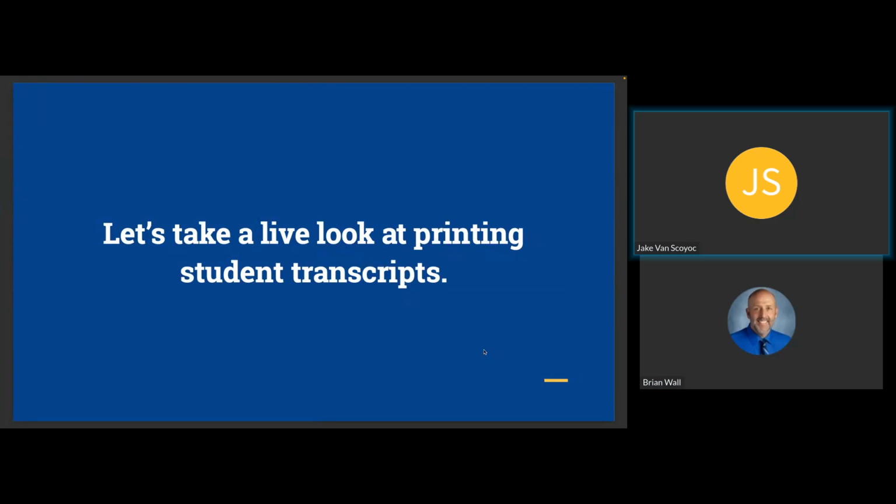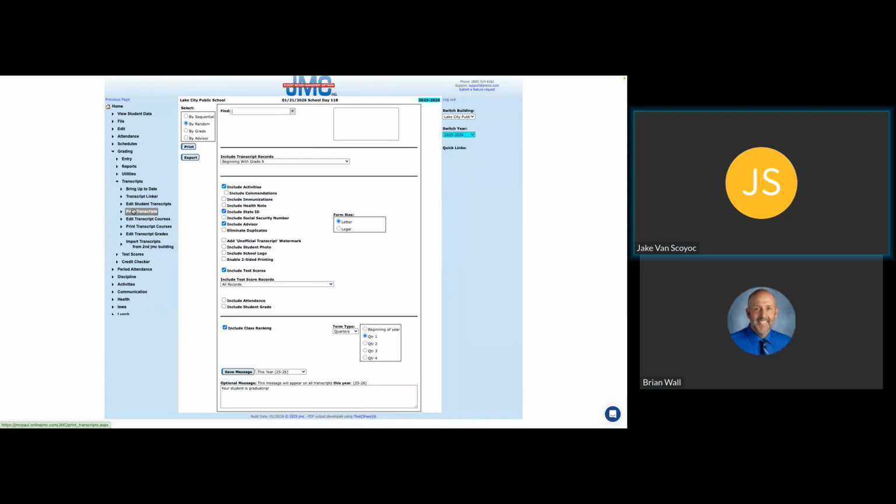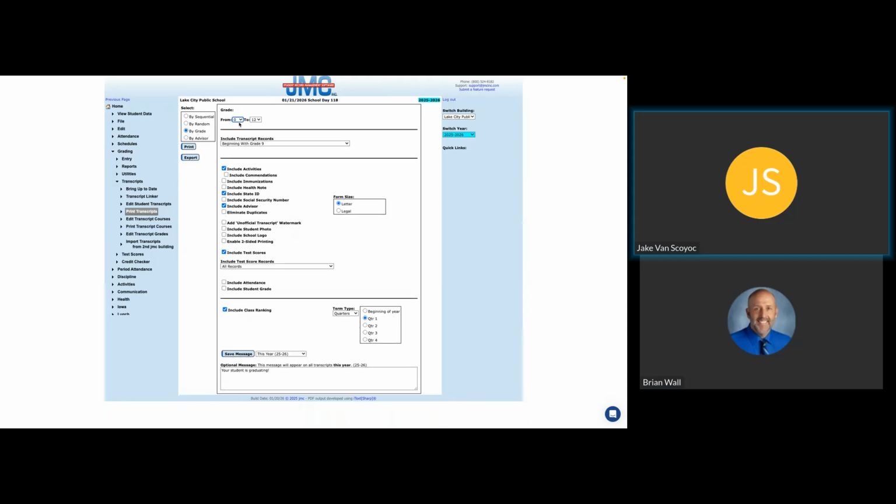All right, so we're going to go ahead and take a live look at printing student transcripts. When we are in our database here, we're going to go to Grading, Transcripts, Print Transcripts. Then, like we said, there are a lot of different options on here. I often did it by grade because I would look at my seniors' transcripts, so I would pick grade 12 to